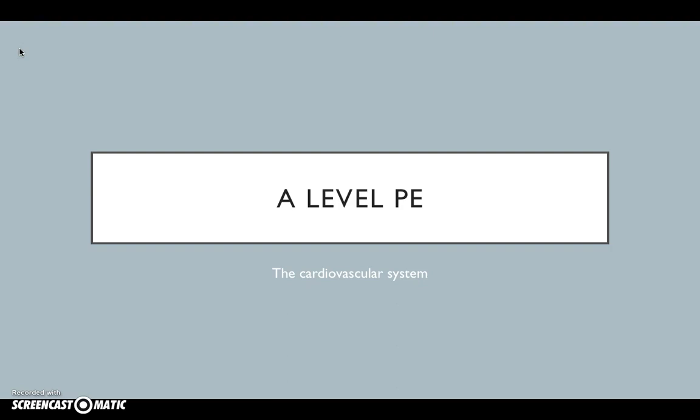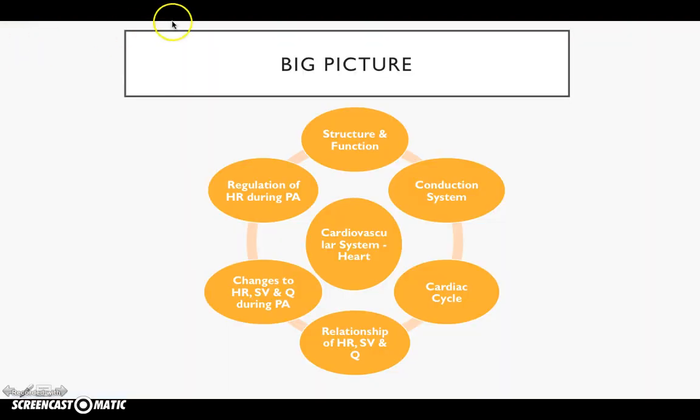So we're going to continue with the cardiovascular system. What we've looked at so far is the structure and function of the heart. We've split the heart up into the right and left hand side, with the right atrium and ventricle, and the left atrium and the left ventricle, split up by the septum in the middle. We've also looked at the conduction system and the cardiac cycle and how they interact and work together to